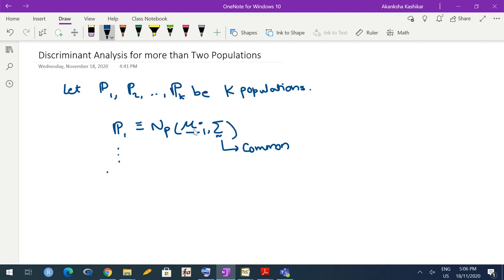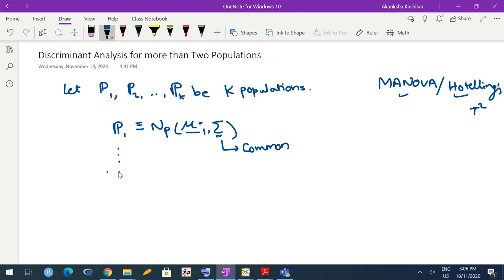In fact, ideally, one of the first steps to discriminant analysis would be to carry out MANOVA or Hotelling t-square, depending on whether you have two populations or more than two populations. Because if the mean vectors are not different, there is no point in carrying out discriminant analysis. So ideally, we should first examine whether the mean vectors are different in different populations by carrying out either MANOVA or Hotelling t-square, and then if the mean vectors are different, only then should we proceed to discriminant analysis.